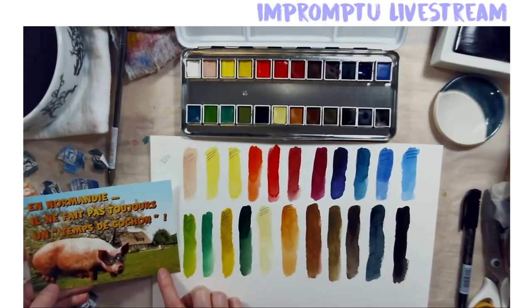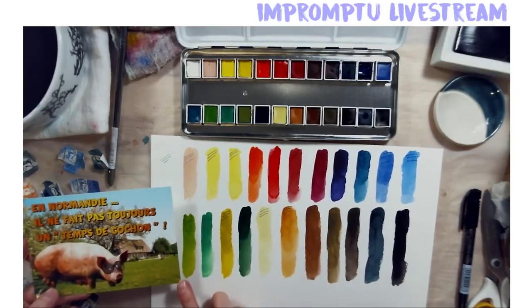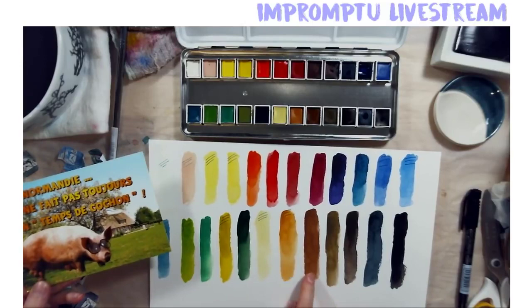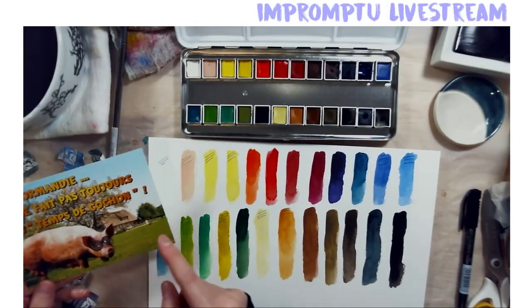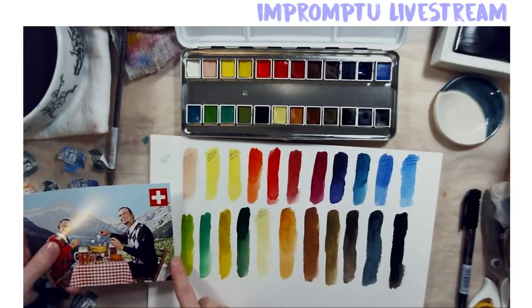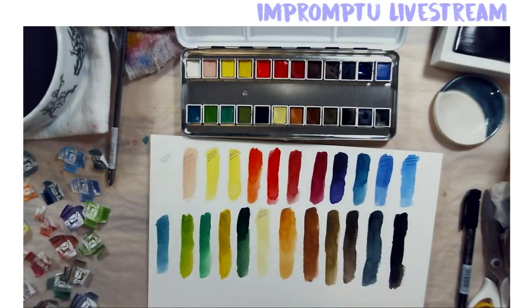And you can have a bit of patches of either this one or a bit of this mixed in with this one. And you know, a color like flesh tint, well, it could work for the pig in this case, but if you mix a bit of the flesh tint and a bit of a brown, you almost have the color of this roof. So it's not because it's called flesh tint that it has to be for human subjects. Yeah, Switzerland, see these greens, they all match easily with the colors in the back here. I can recreate all of the